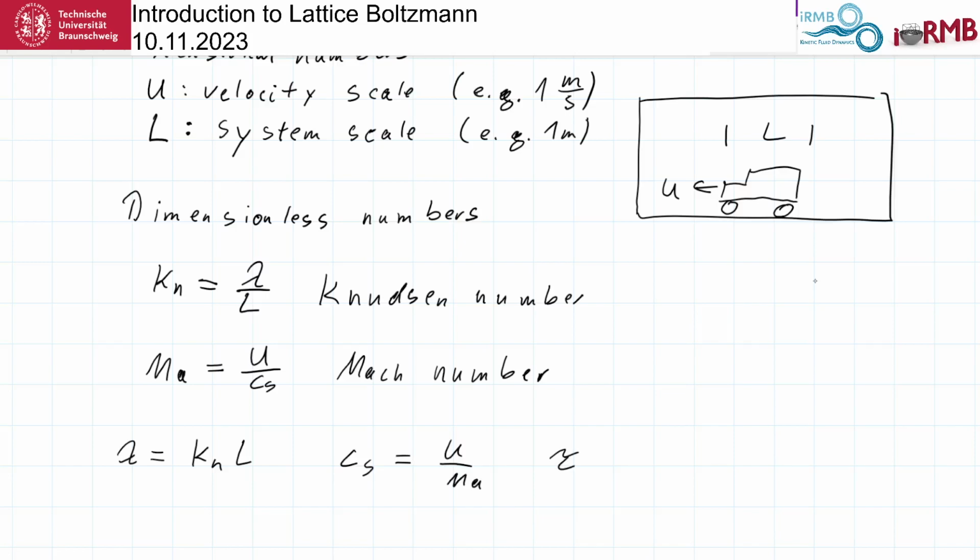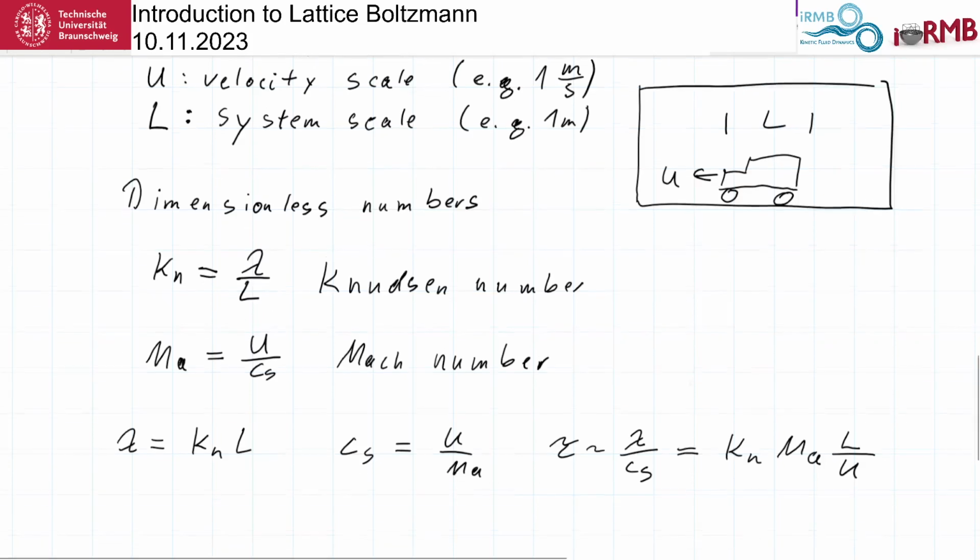We need this because tau is equal to, up to a parameter, lambda divided by Cs. So if you put this in, what you see is that you come out with Knudsen times Mach times your length scale divided by your velocity scale. So this is tau. Tau can be expressed by length scale and velocity scale times the Knudsen and the Mach number. And now we look at